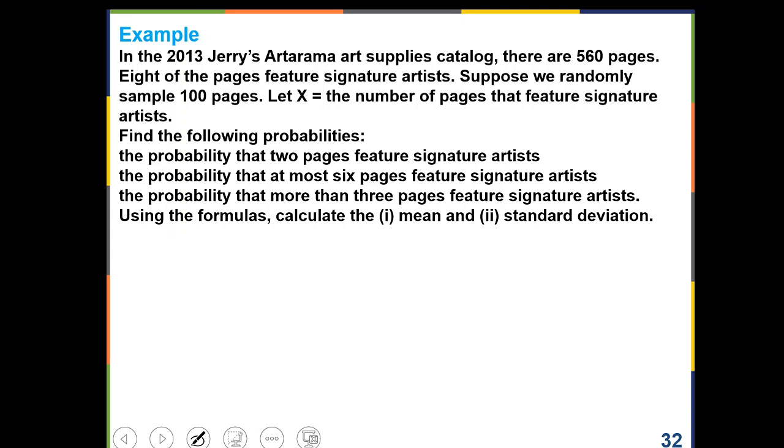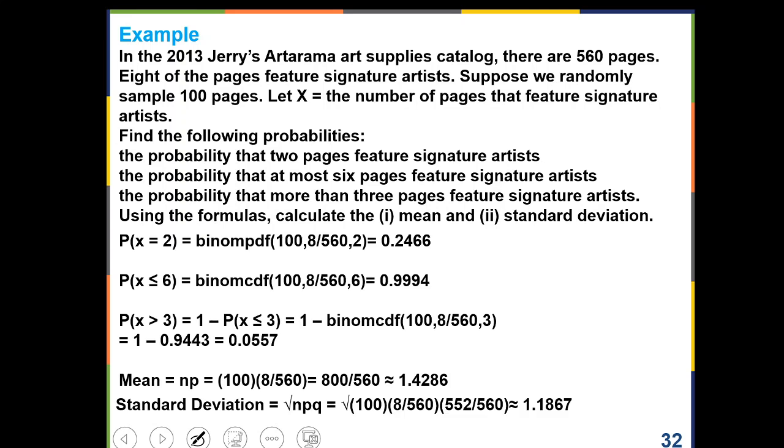All right, so it says find the following probabilities. Find the probability that 2 pages feature signature artists. So we have the same situation. This is going to be binomial PDF, 100, 8 over 560, and 2. That's the probability of exactly 2 pages. Probability that at most 6 pages feature, at most 6 means less than or equal to, that's straightforward, that's